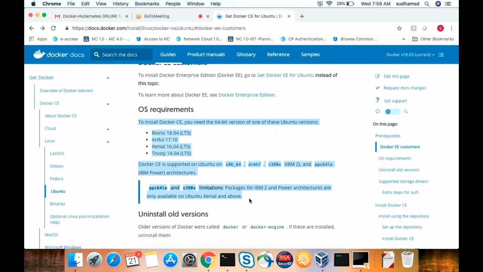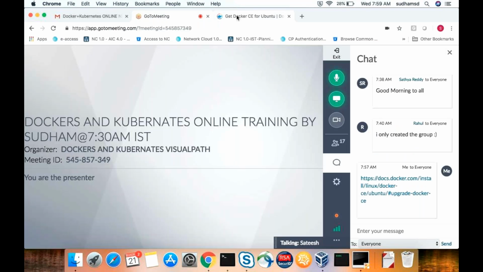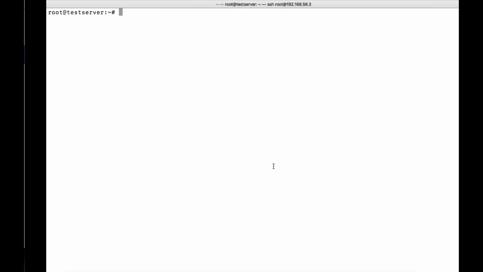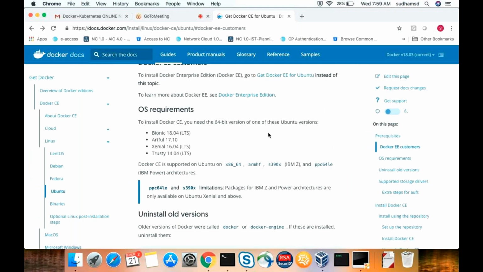For example, in RHEL, I want RHEL 7.4, the latest version. So I want to install the Docker package on RHEL 7.4. For that, for example, I'm using my golden image, like a template, whatever my project or customer specifies. In that golden image, the Docker package is not there. So at that time the customer requested the Docker package. Is it recommended, I mean, can I download packages from Google and copy them to the server?